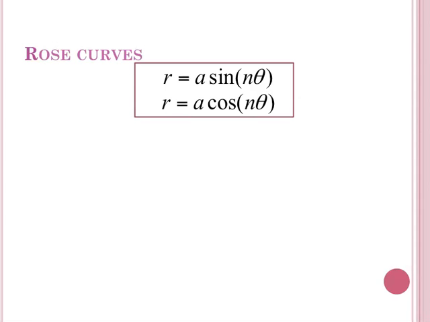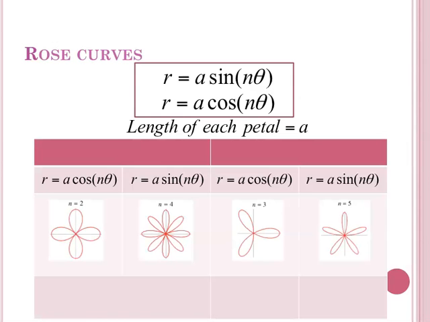So there are two things. First, start with a. a is going to affect the length of each petal, so how far out they go from the center. And then the value of n will depend on whether it's even or if it's odd. So it's not simply how many petals there are, which in some cases that's the case, but in particular when n is even,